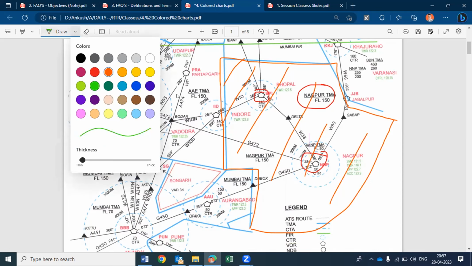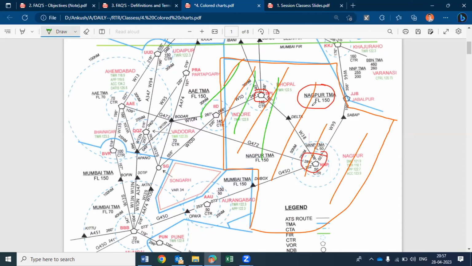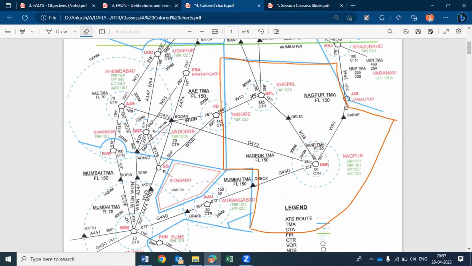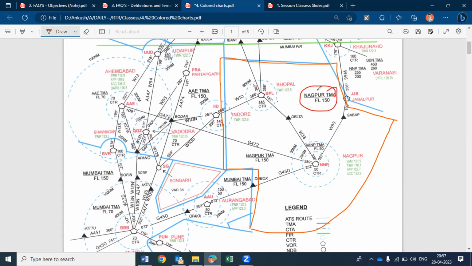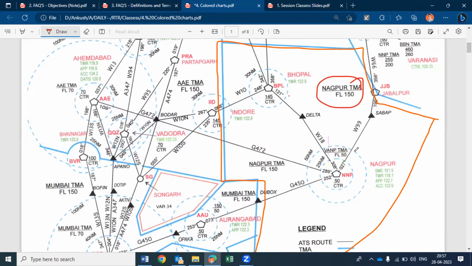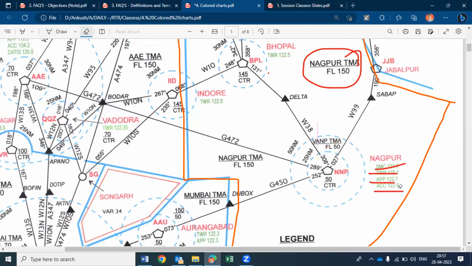I'm going to change the color so that you can read better. In this section, आपको किससे बात करनी पड़ेगी? इफ यू वांट टू रियली कोऑर्डिनेट, आपको बात करनी पड़ेगी नागपुर से। बट नागपुर के किस से? ग्राउंड से, टावर से, अप्रोच से और कंट्रोल से। कौन से एटीसी ऑफिस से? यू नीड टू टॉक विथ नागपुर टीएमए, लिखा है ना इधर, तो यू नीड टू टॉक विथ नागपुर कंट्रोल रूम।